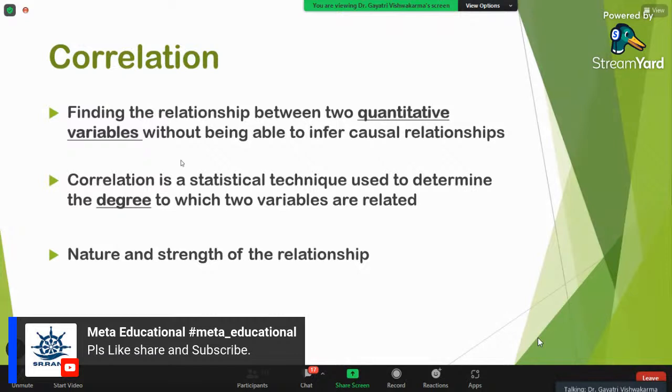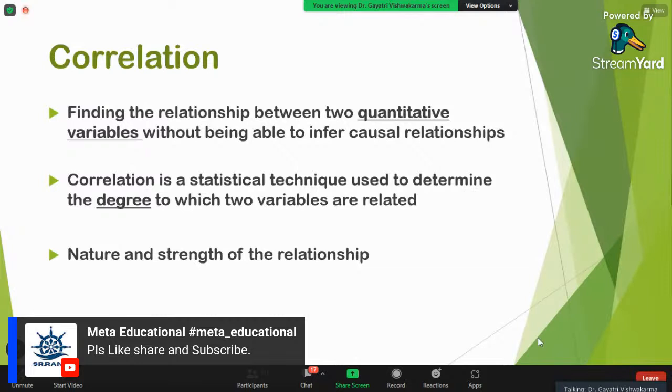Correlation is a statistical technique used to determine the degree to which two variables are related. Because we have two quantitative variables, we can quantify the relationship as well, whether they are strongly associated or strongly related to each other or not.